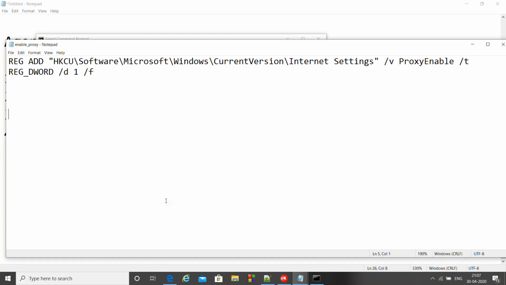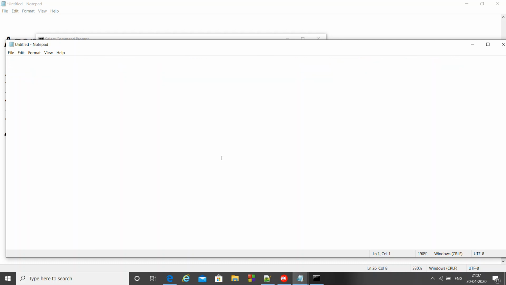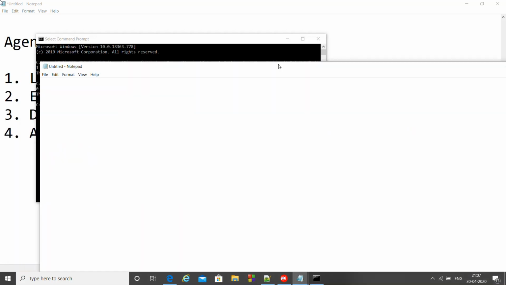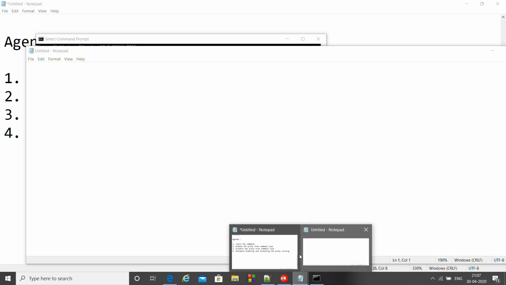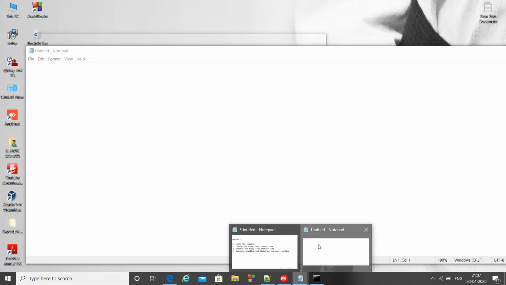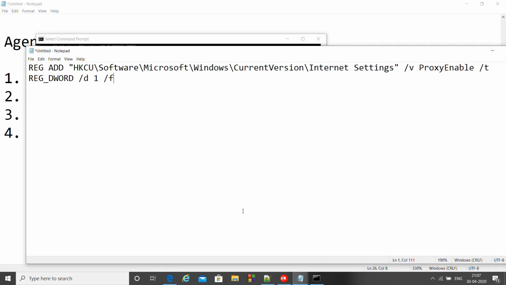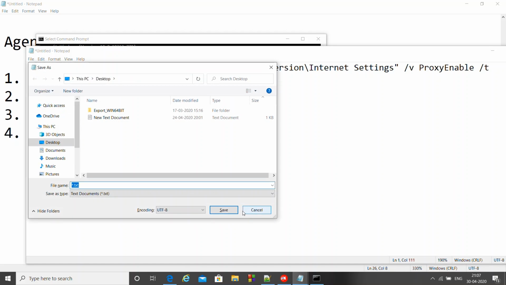It means it is a batch file. We'll open a new Notepad and copy the same command from here. Here we have 0. Now we'll save this as disable proxy.bat.